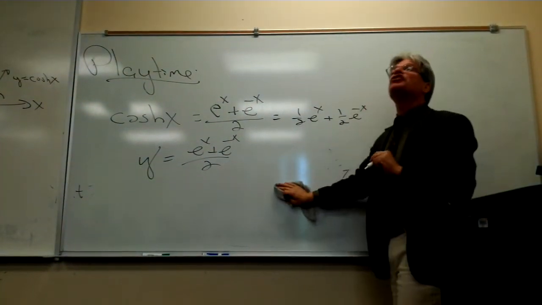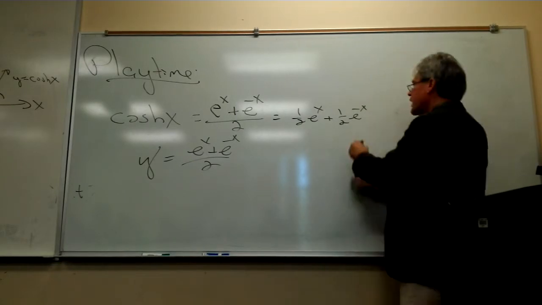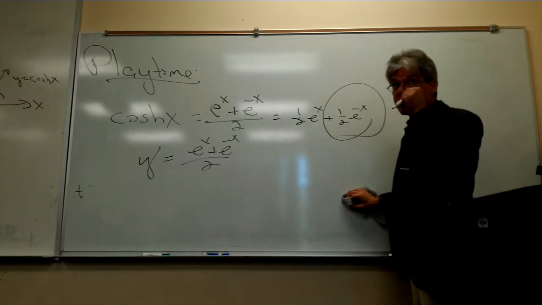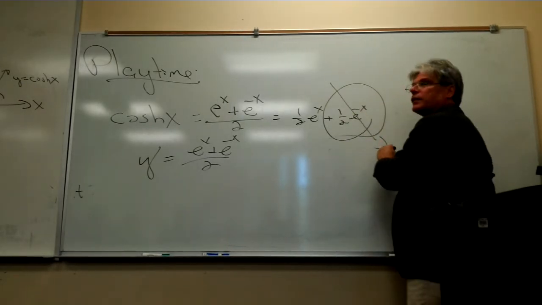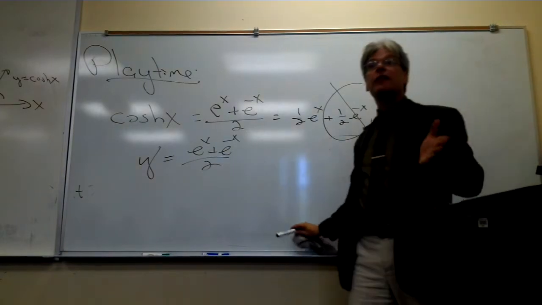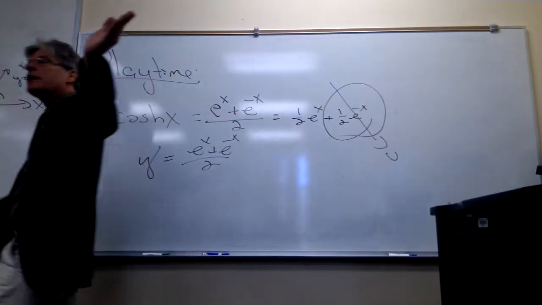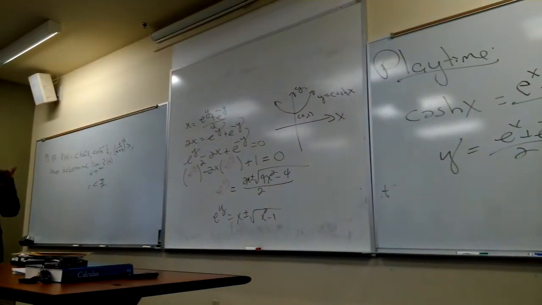But if x is huge, enormous, would you guys not agree that this term right here is negligible? So I think at extreme values of x, this thing is going to 0. So I think the graph of this beast is getting closer and closer to the graph of that exponential function as x increases without bound. Therefore, y equals 1/2 e to the x is acting as a nonlinear asymptote for this curve at large values